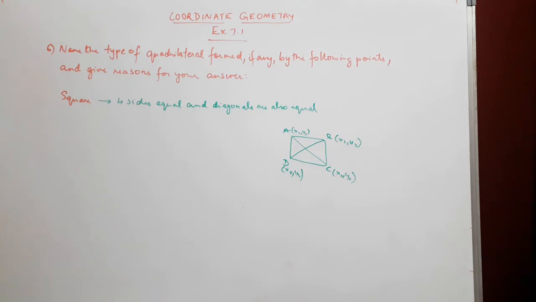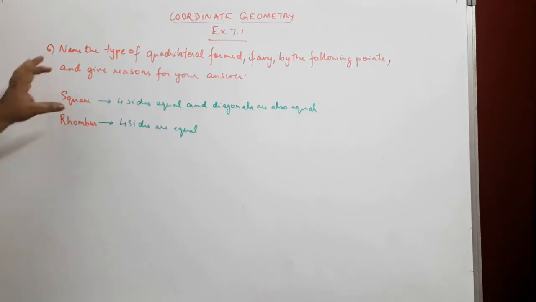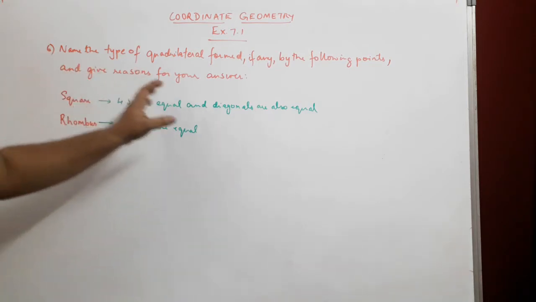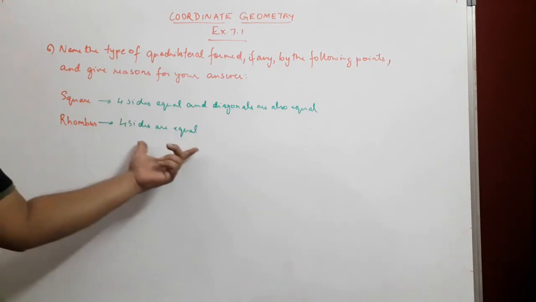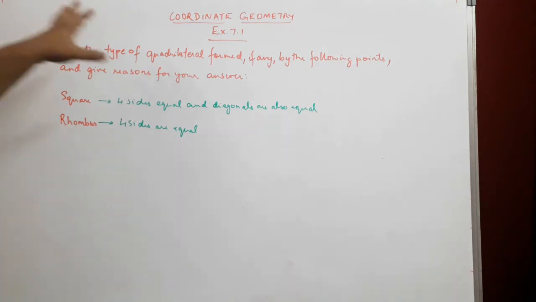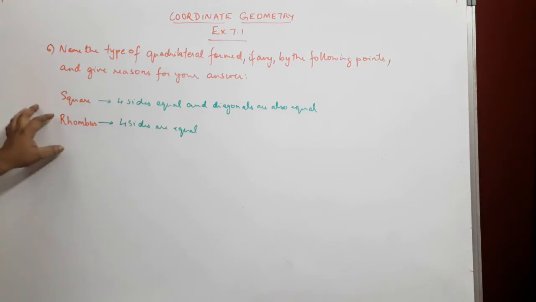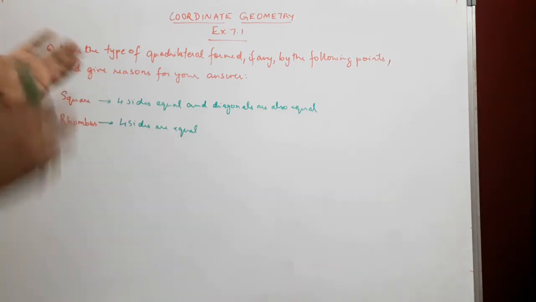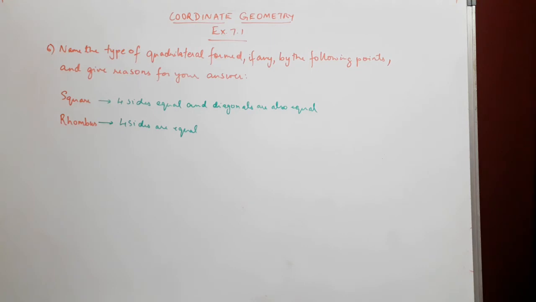So this is square. Let's go to the next one, which is rhombus. In case of a rhombus, we need to show 4 sides are equal. Mind you, for a square we are showing 4 sides equal and diagonals also equal, and for a rhombus 4 sides are equal. These are not the only properties which prove them square or rhombus, but for our chapter, coordinate geometry, to show this much is more than enough to prove that a closed 4-sided figure or polygon is actually a square or rhombus or some other quadrilateral. Let's move to the next